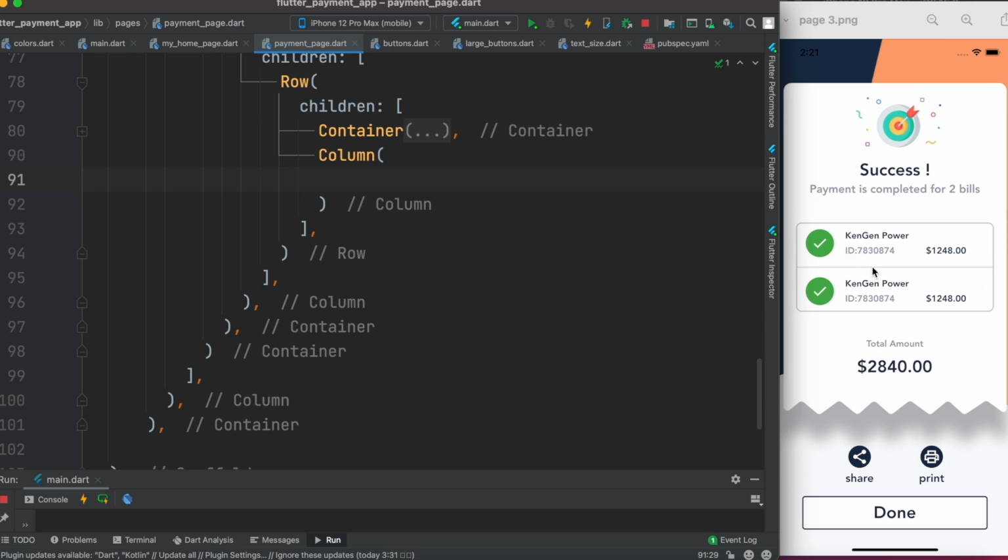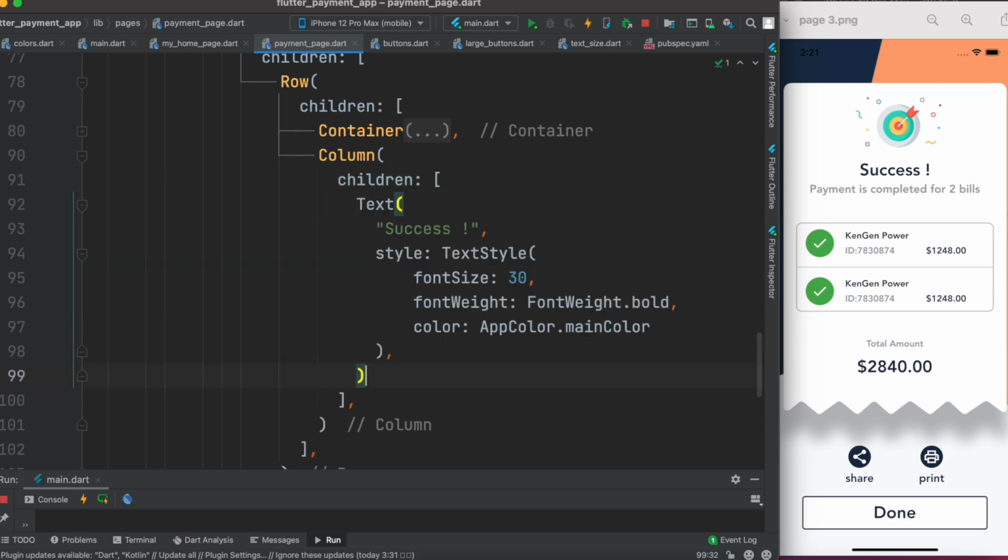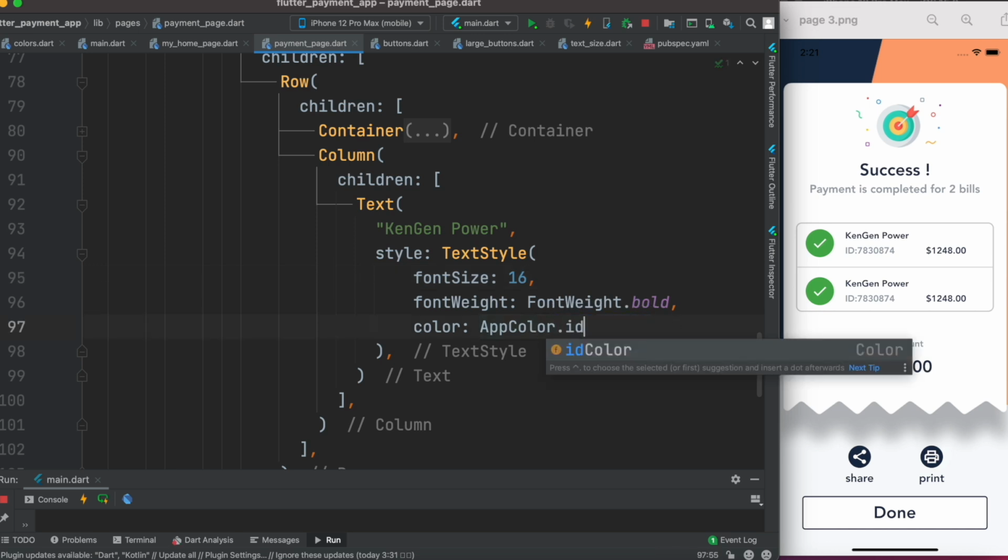So as you can see, this two text, right? So we can copy paste the earlier text we had, and over here we do can gen power. Well, it's too big, so we want 16,